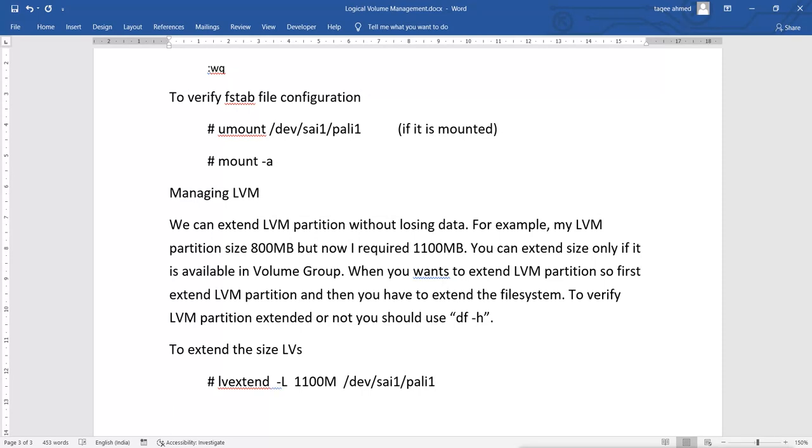So this is how we extended the LVM, but it is still using the same old size, which is 800 MB, because of the file system. So now we want to extend the file system also.